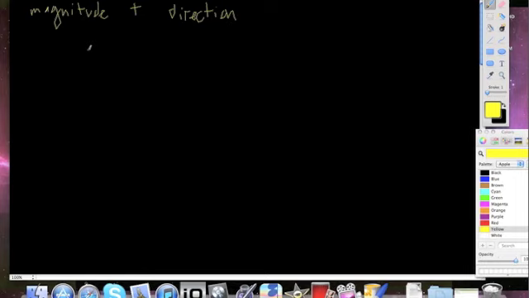So, say we tried to draw the vector of speed. This wouldn't work because it does have a magnitude, but it has no direction. Whereas if we drew the vector of velocity, this would work because velocity has both a measurable quantity and a